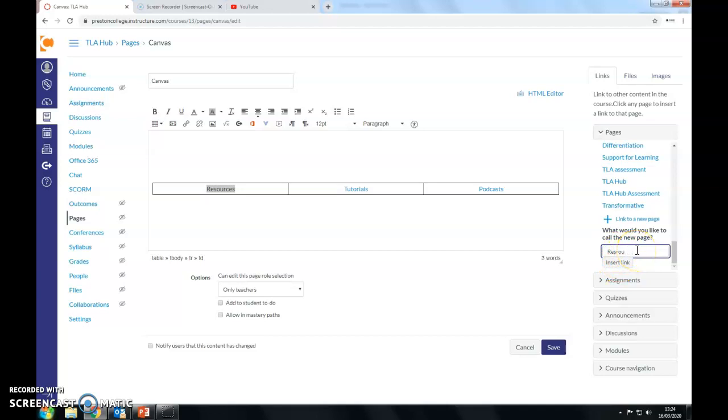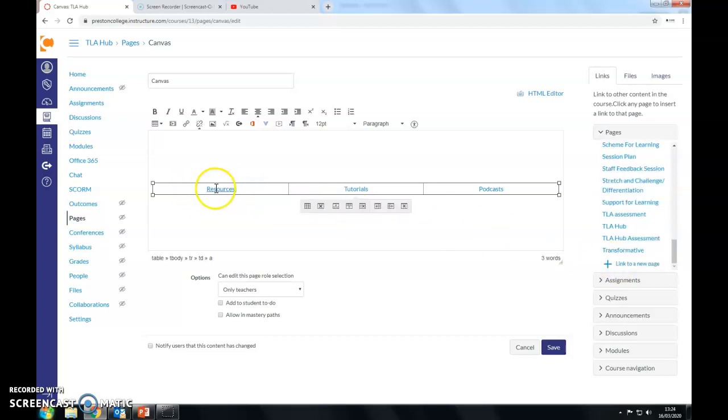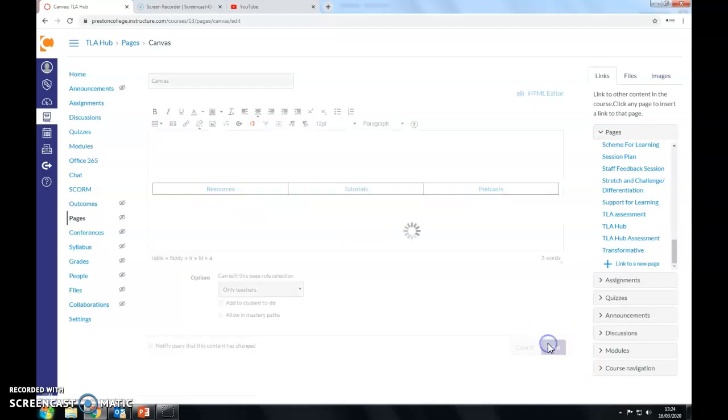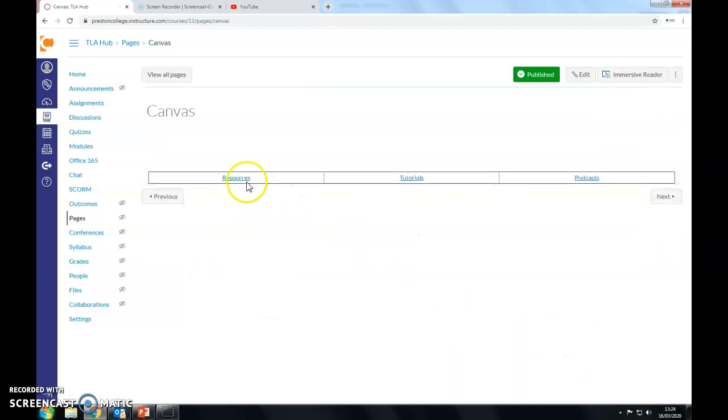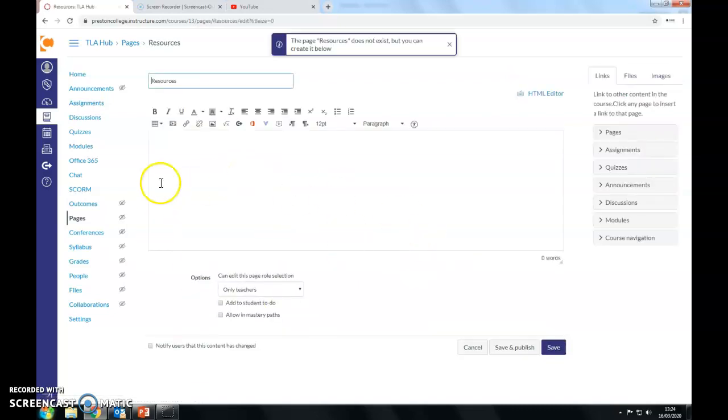Oh, it'd help if I spelt it correctly. And then I can just click here, Insert Link. And what that does is, you can see, it highlighted it. And now I've got a link to that page. If I click Save, I click on Resources, I've got a new page